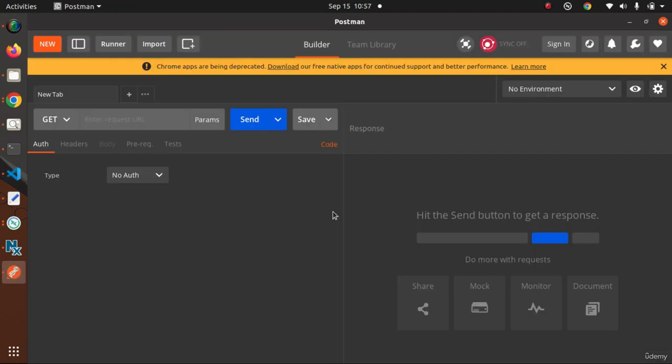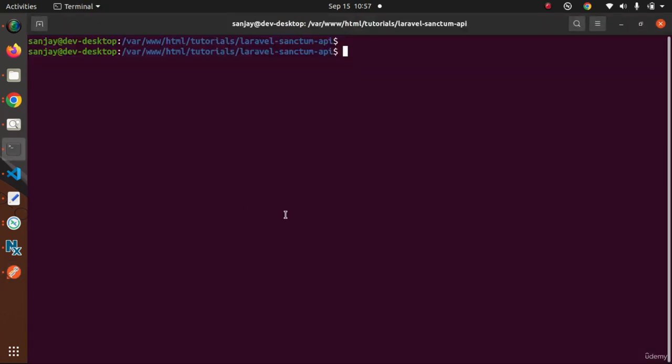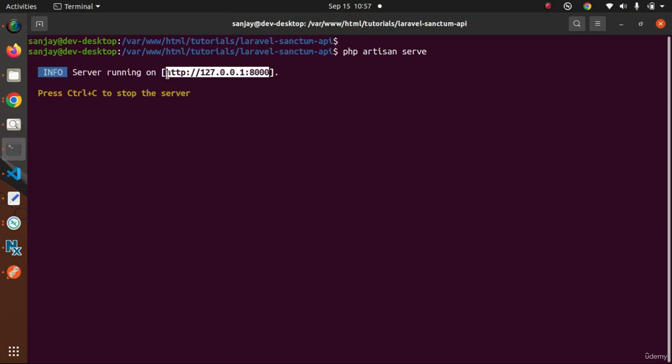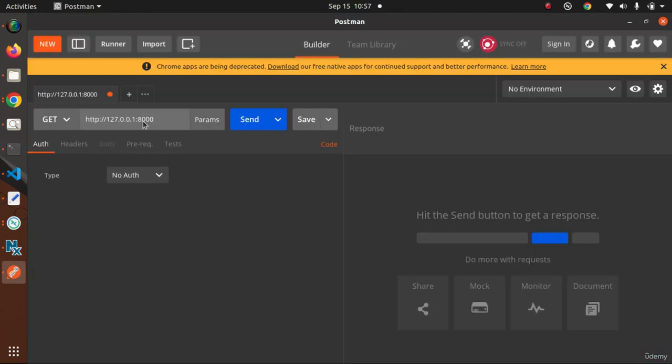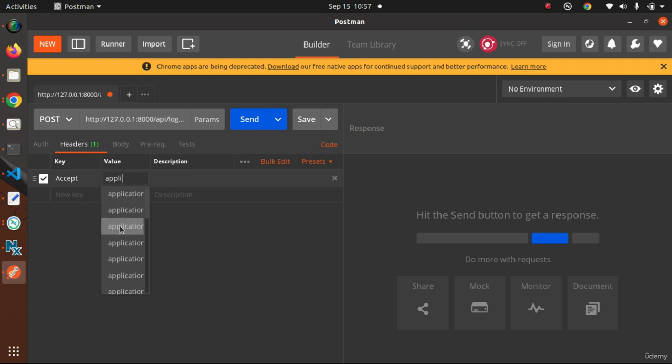Go back to Postman. Before that, let's start development server, PHP artisan serve, copy project URL, copy link, Postman, pass it here. But before calling add project API, let's call first all about login API so that we can generate a token value. So /API login, need to select post request type, go inside headers, let's add accept application JSON,